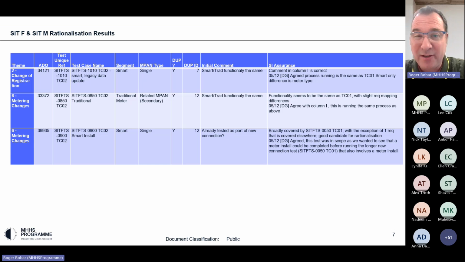I don't have the exact point value for these 3 tests, I have to say, but I can take an action to publish that along with us. I don't expect it to be a large number.